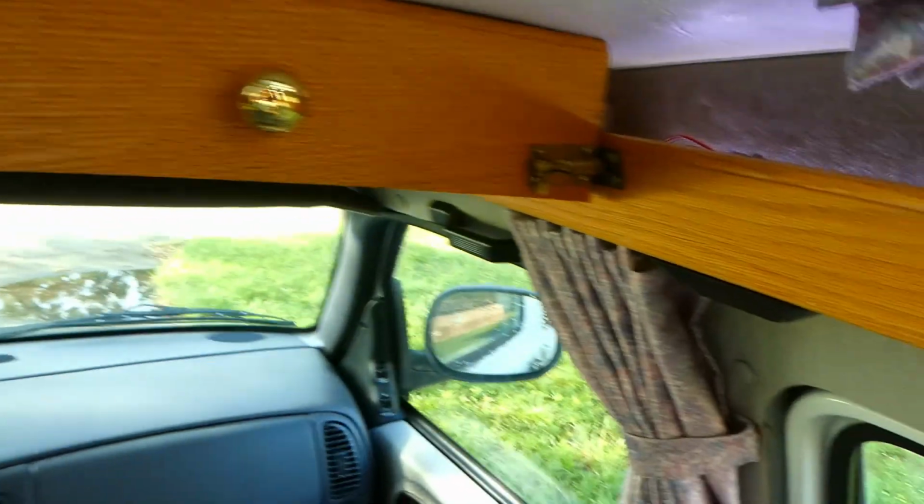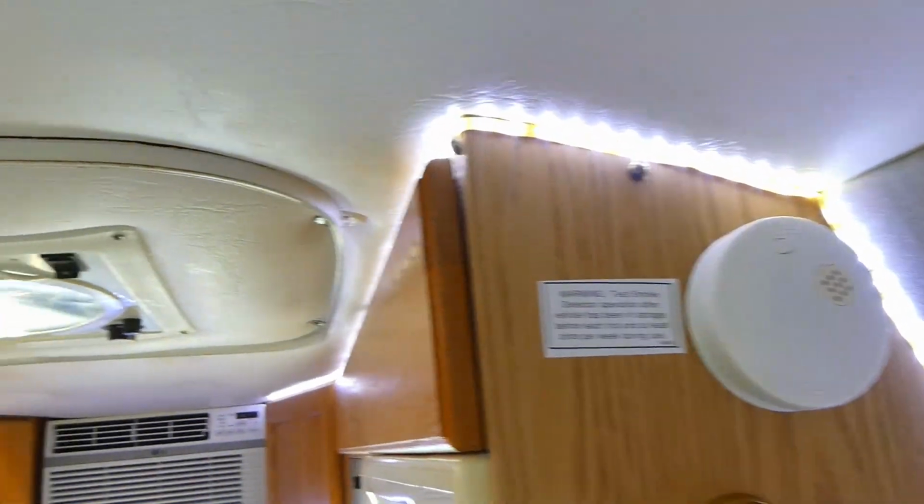Alright, I want to show you. We have a switch over here on this side. See, I can turn the LEDs off and on. And I went right over here to the other side that we just finished working on. Same thing, switch, we can turn these off and on. So I wanted to show you we have these LEDs around the ceiling